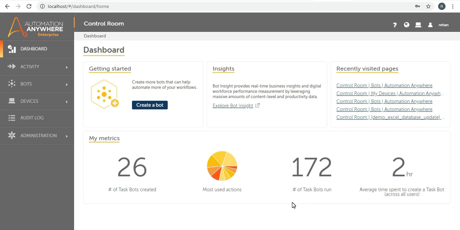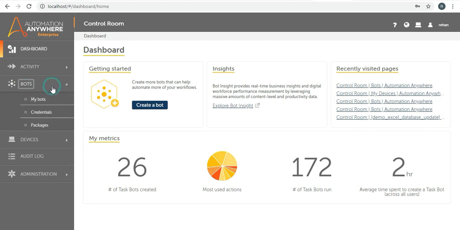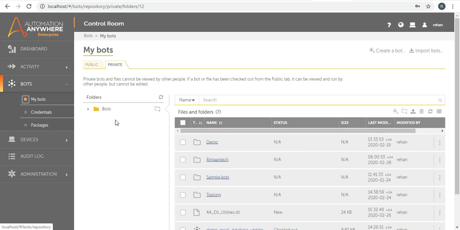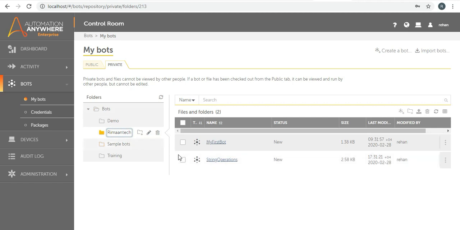Hello friends. In the previous video we went through the string operations. In this video we will go through all the number operations. Let's go to the bots, where we were working in the Remantech folder, and we have done the string operation. That's good. Now we will see how to do number operations like addition, subtraction, how we can assign numbers, how we can increment numbers and other